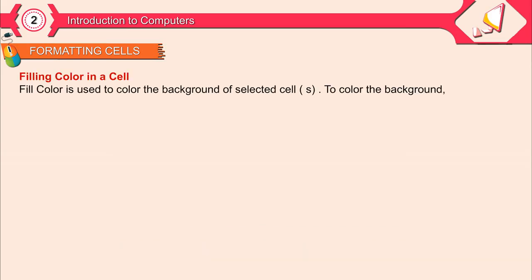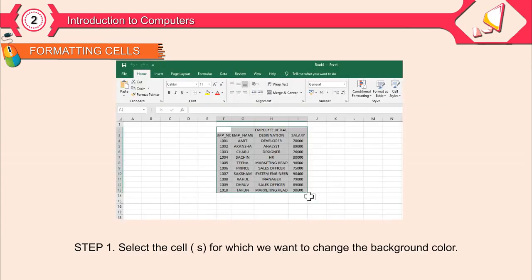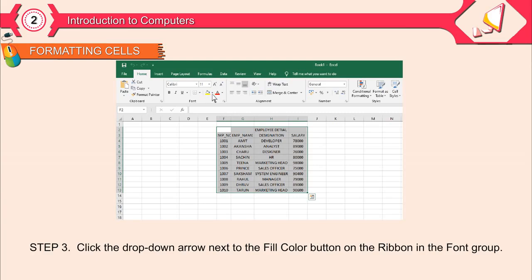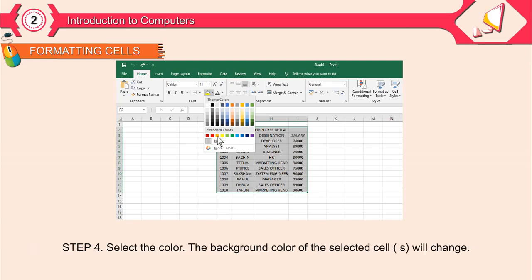Filling color in a cell. Fill color is used to color the background of a selected cell. To color the background, follow the given steps. Step 1. Select the cell for which we want to change the background color. Step 2. Select the Home tab. Step 3. Click the drop-down arrow next to the Fill Color button on the ribbon in the font group. Step 4. Select the color. The background color of the selected cell